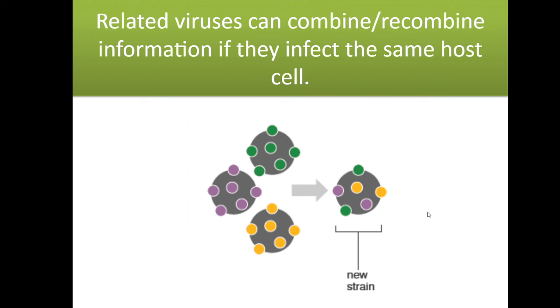Interestingly, this lysogenic cycle will also help allow viruses that are similar to mix and match some of their genetic information. The best example of this that I can give you is the flu. Every year, you need a new flu shot in order to maintain your protective immunity to it. And that flu shot needs to be predicted. I think it's 2 years before it goes on sale by the CDC because that's how long it takes to make enough flu vaccine